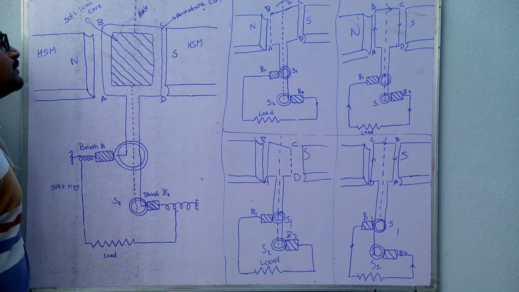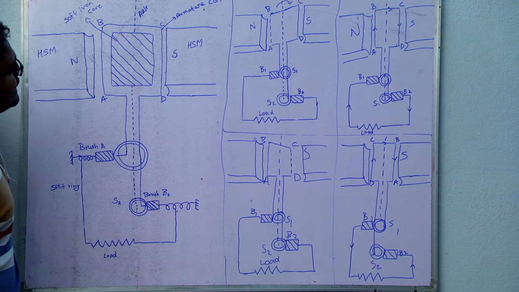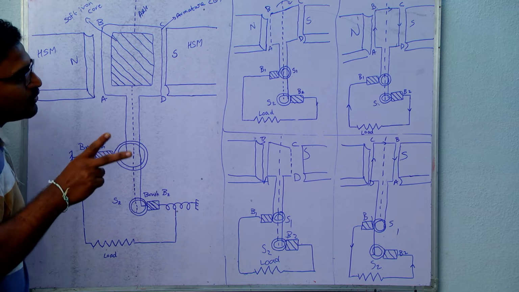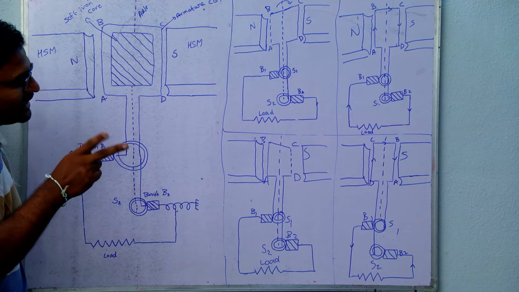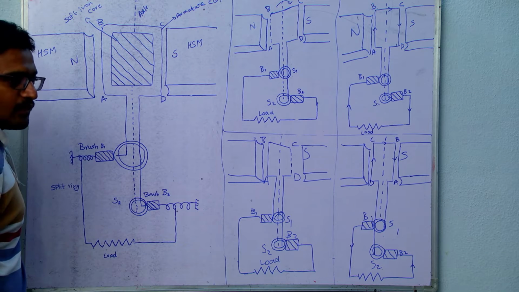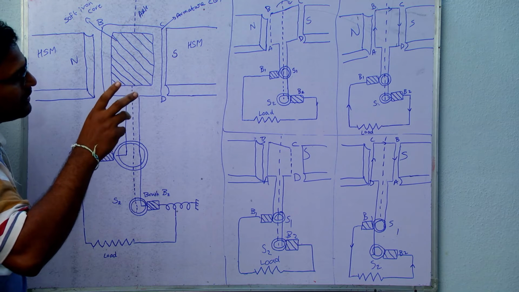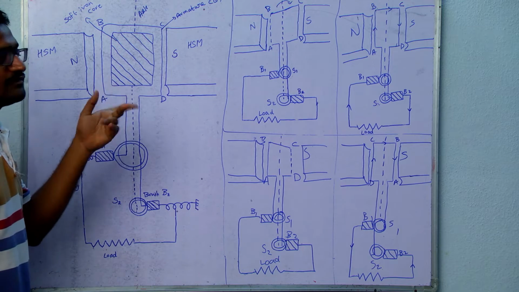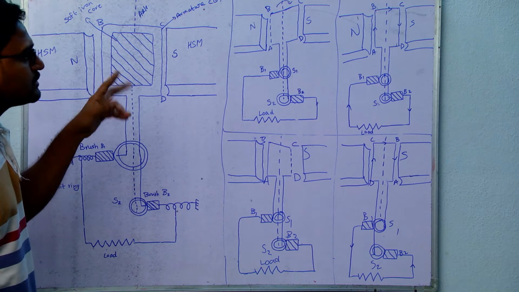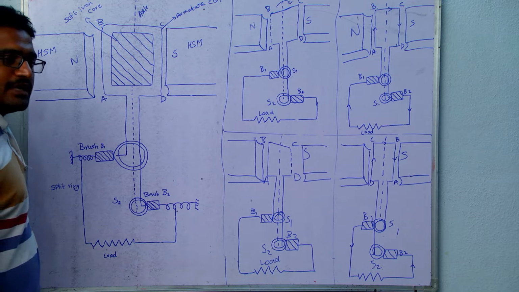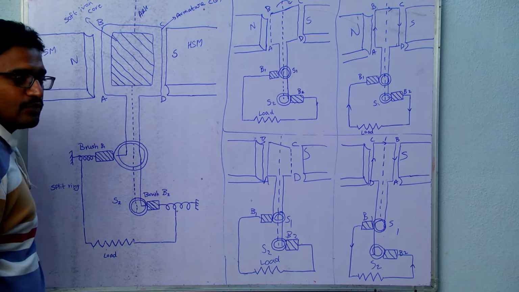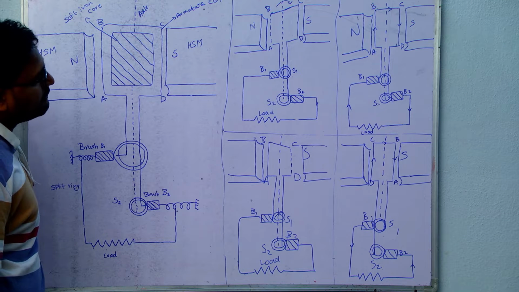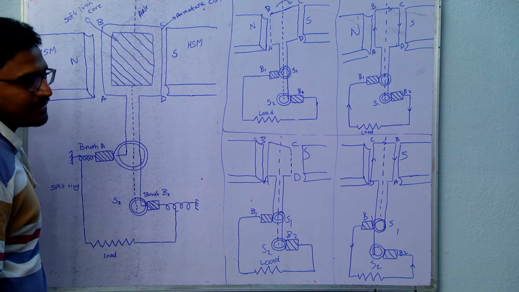Fleming's right hand rule. Before understanding the working of the AC generator, we need to remember two principles. The first one is electromagnetic induction: when a conductor is moved in a magnetic field, an EMF is induced across the ends of the conductor. If the conductor is closed, the current passes through the conductor. The second one is Fleming's right hand rule, to get the direction of the current. With those two in mind, we go to the concept of the AC generator.